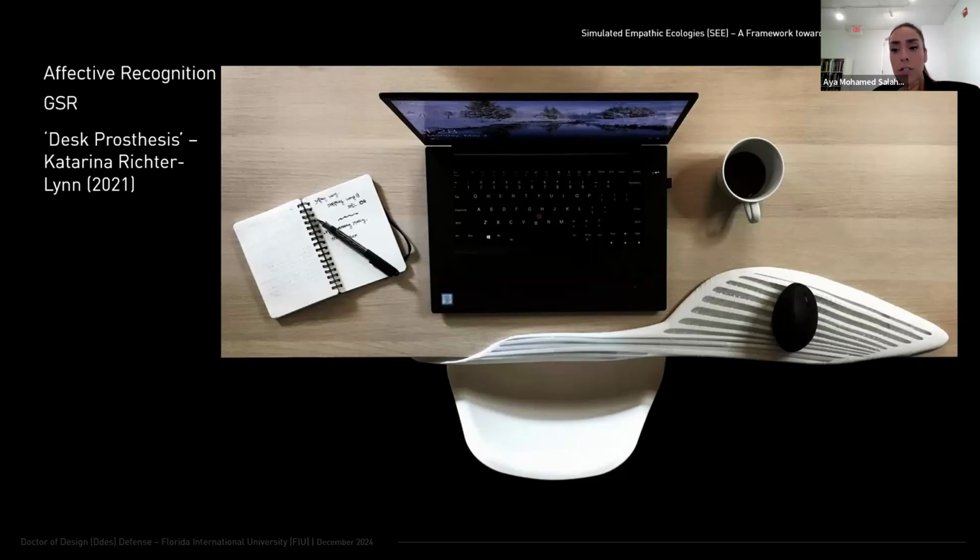So with this project, she explores the potential of olfactory stimuli as a subtle and effective therapeutic intervention. With this heated pad, it responds to the different GSR intensity and releases different scents according to the intensity of the GSR to either have a calming effect or a more activating effect. So looking into these aromas to influence the experience of the immediate space.